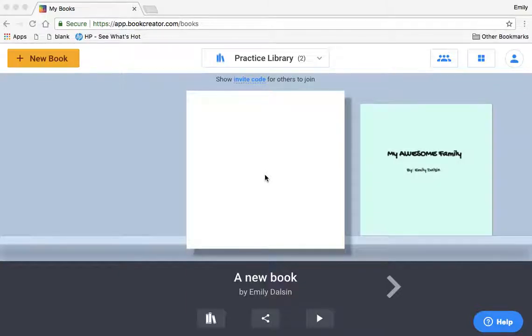Everybody, I found a really great app I want to share with you. It is called bookcreator.com, and you can use it to make books for your classroom. Here's how it works. To make a new book, you click up here on the left corner, New Book,